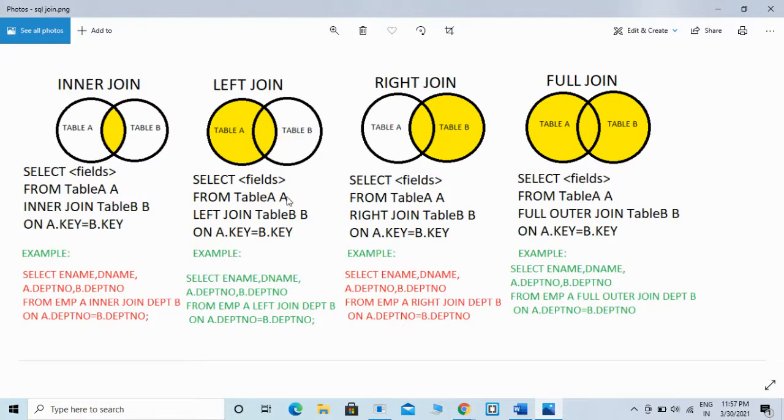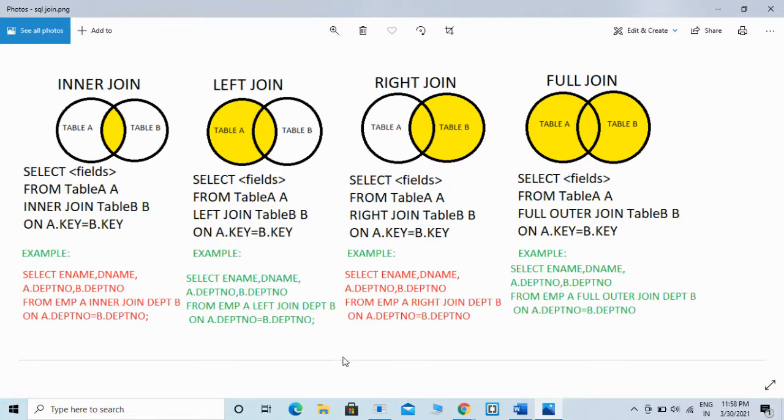Now we are going to see left join in the picturized format, that is table A and table B. Here the yellowish color shows the data from the left table, that is all the records from the left table and matching records from the right table.